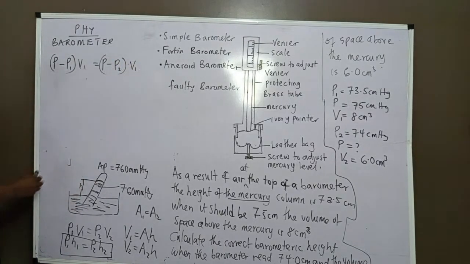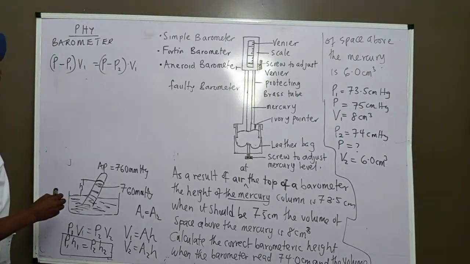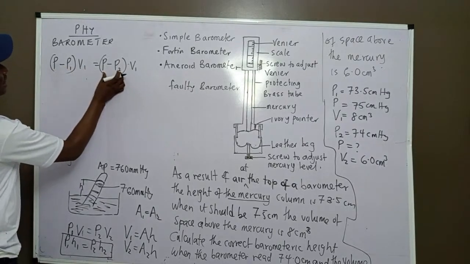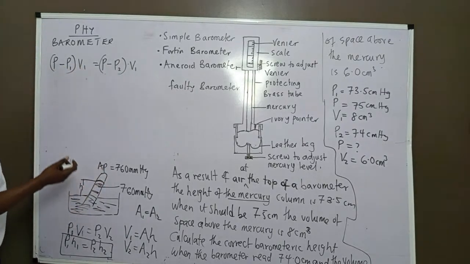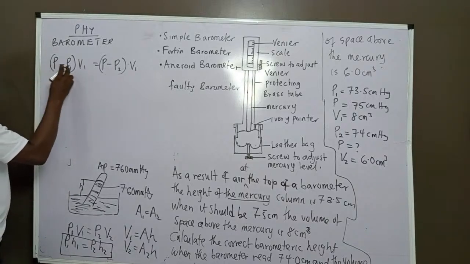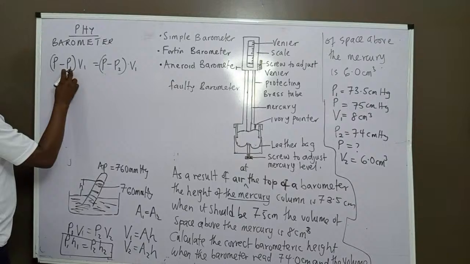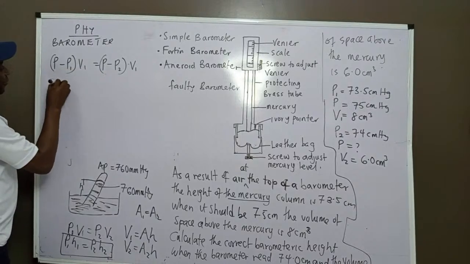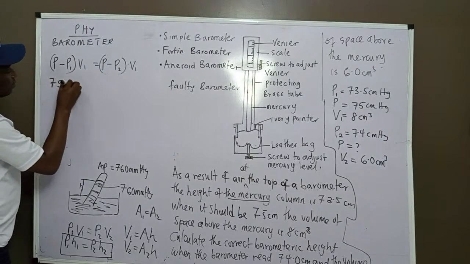This formula we're going to use so that we can get the effect that comes as a result of air pressure. This is more or less like Boyle's law, but in this case we have the correct measurement P, then the pressure P1. Now this will be 75 minus